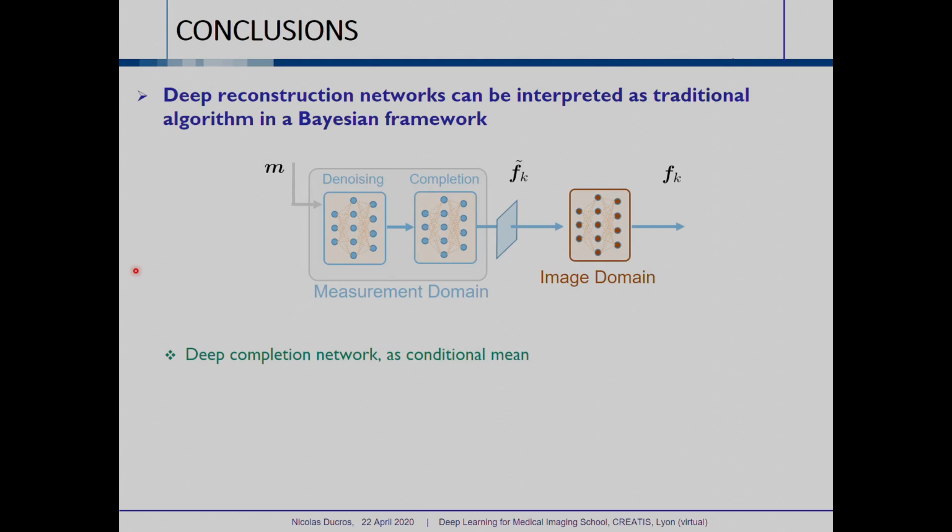In conclusion, we describe deep reconstruction networks that can be interpreted as traditional algorithms in a Bayesian framework. The networks can be depicted as in this diagram. The measurement vector is processed in the measurement domain by two different kinds of processing. We have a denoising step, which is followed by a completion step. Then we map this into the image domain, where we apply a second type of